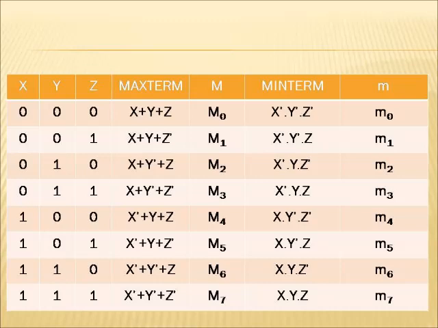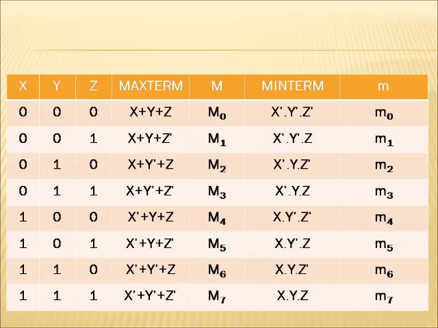Here you can see that I have three Boolean variables x, y, and z. On this table, you can see that I have formed the truth table, and from the truth table I have created the max term values and min term values. When we say three variables in a truth table, there will be 8 sets of values in that truth table.